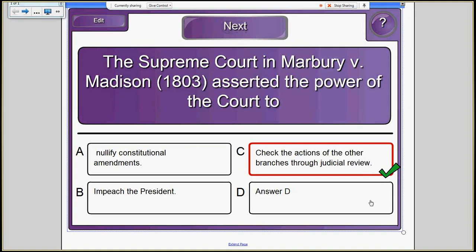The court is very careful using this early on. They will not use judicial review again until Chief Justice Taney uses it in Dred Scott, where he rules that a federal law, the Missouri Compromise, is unconstitutional. It becomes fairly routine for the court to use it later on.